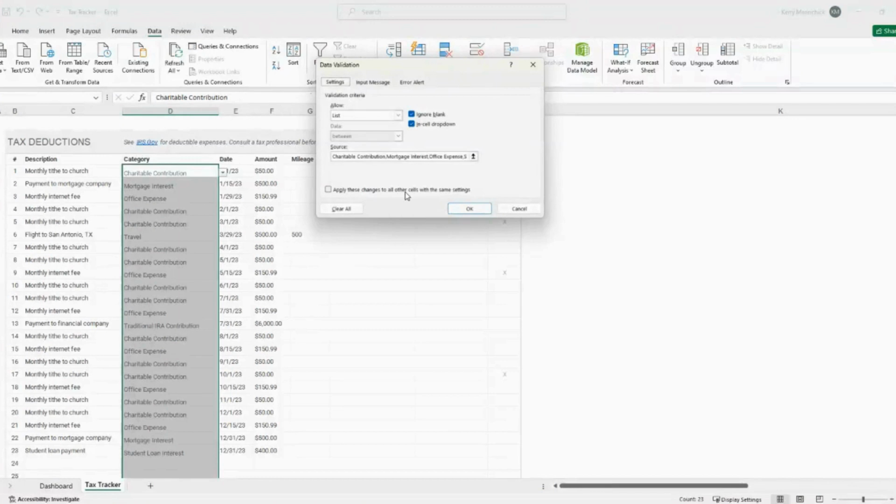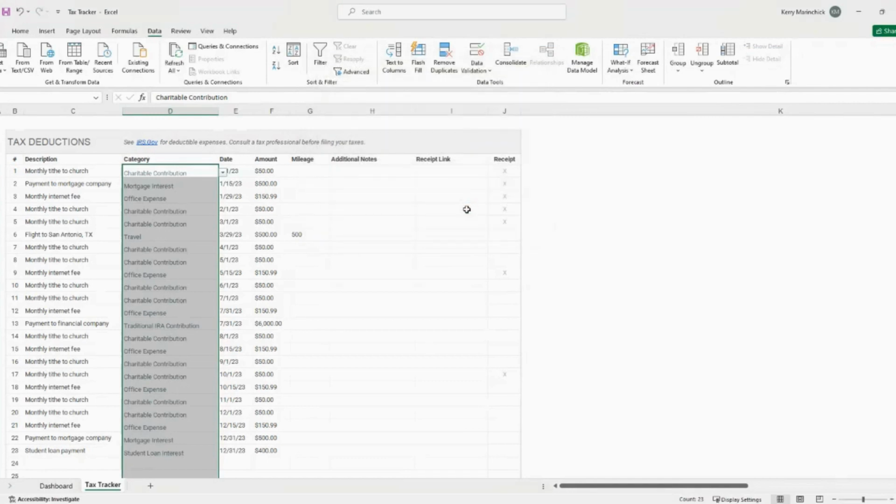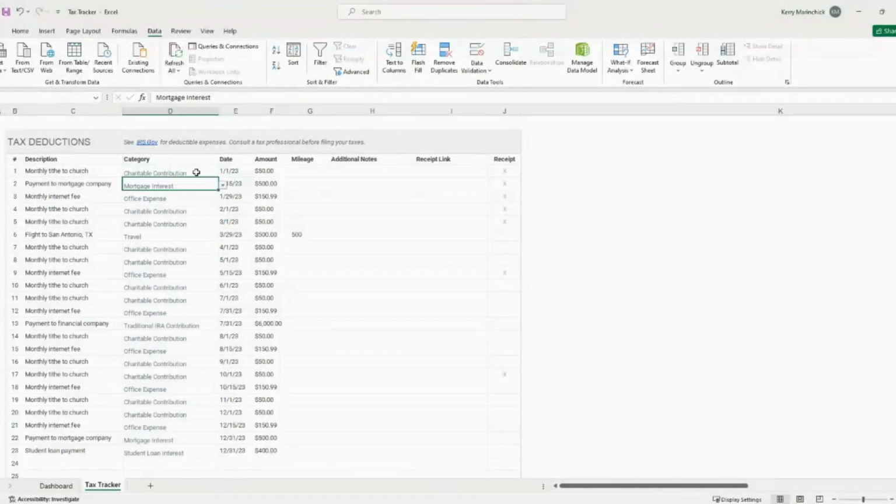This is going to open up this screen for you, and it's just going to include all of the current categories. And then you can also scroll to the very end if you would like, and you can add a comma, no space, and then you would basically type in your next category. You would hit OK. And then what that's going to do is it's going to add that item not only to D4, but it's going to update all of your other drop downs in this column as well,